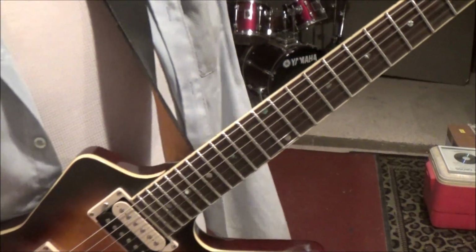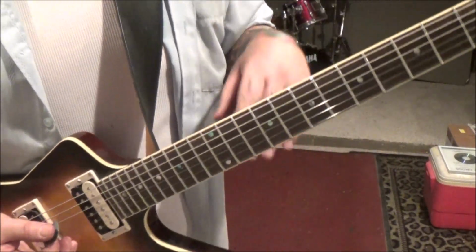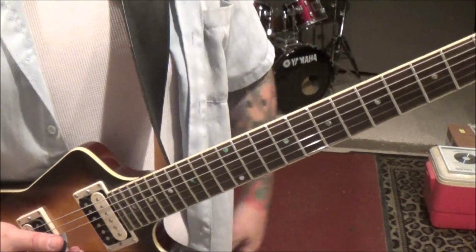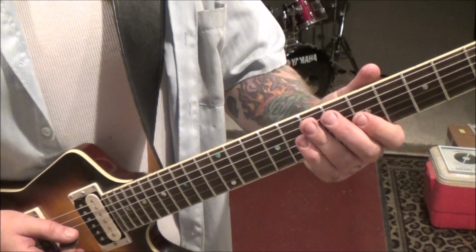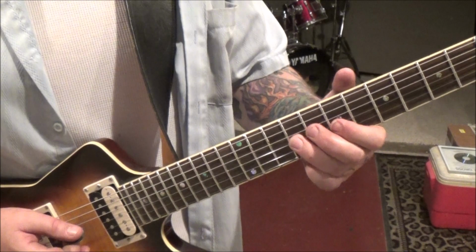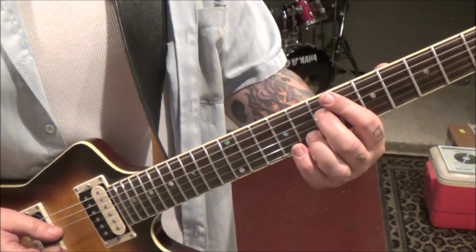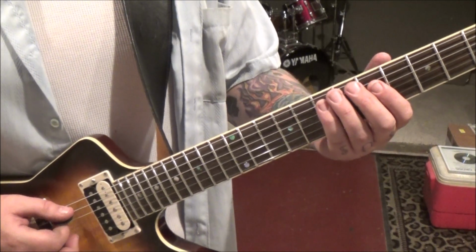And then section 2 comes in, which is really like an intro solo at 19 seconds. I'm just going to keep the effects on it till we get to the distortion. And it sounds like this. That's the first run, and then...